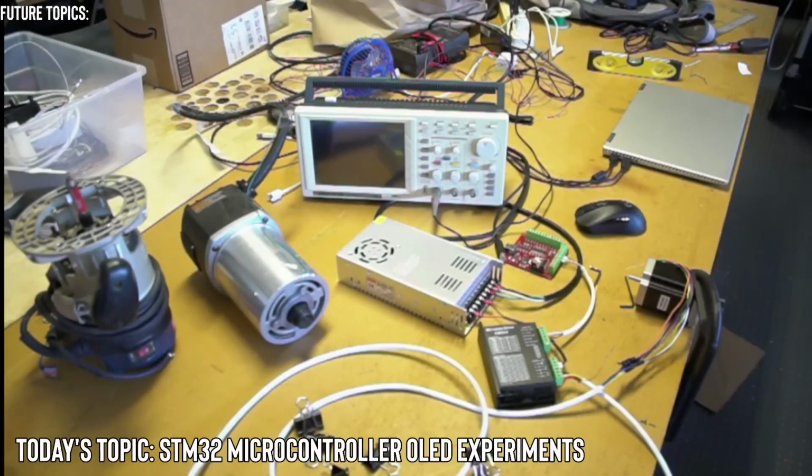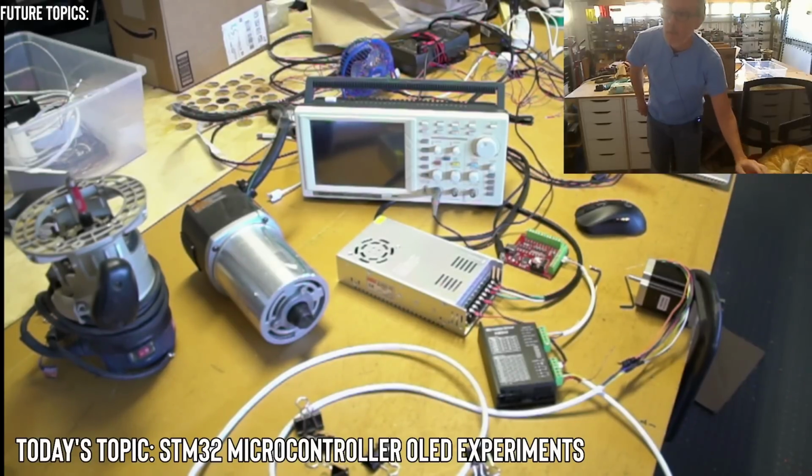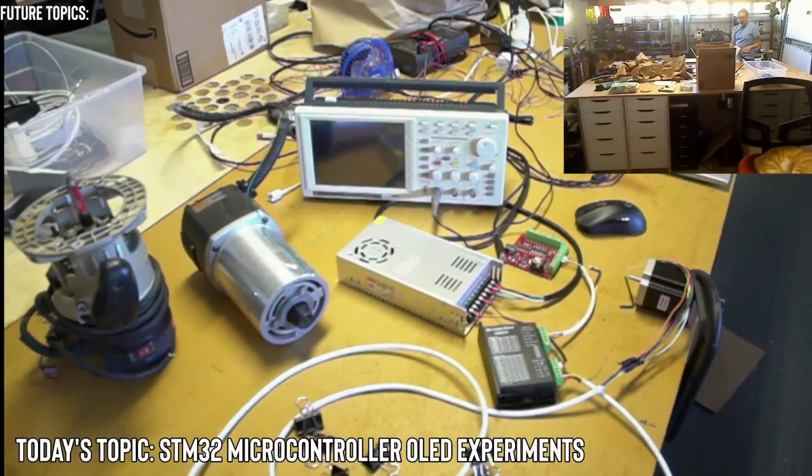earlier. All right, so I'm going to put on another camera here so you can see generally the overall room. Hopefully that will work out. Hello. All right, so currently we have